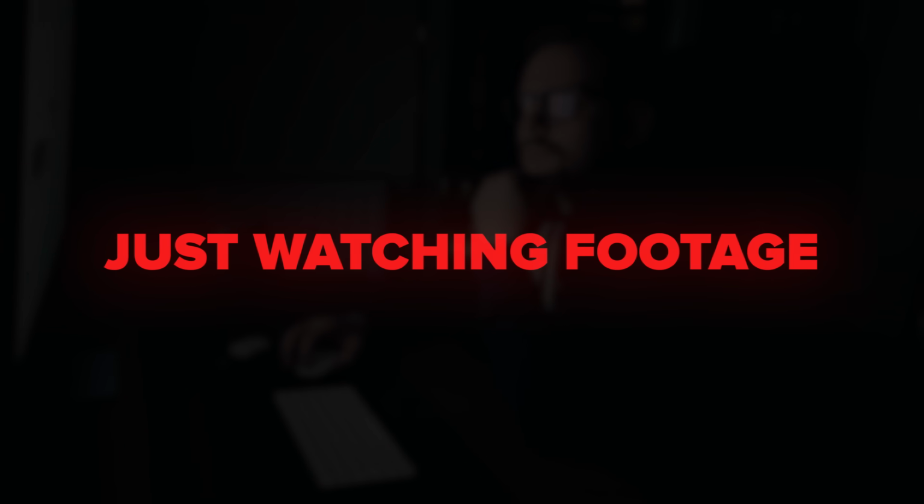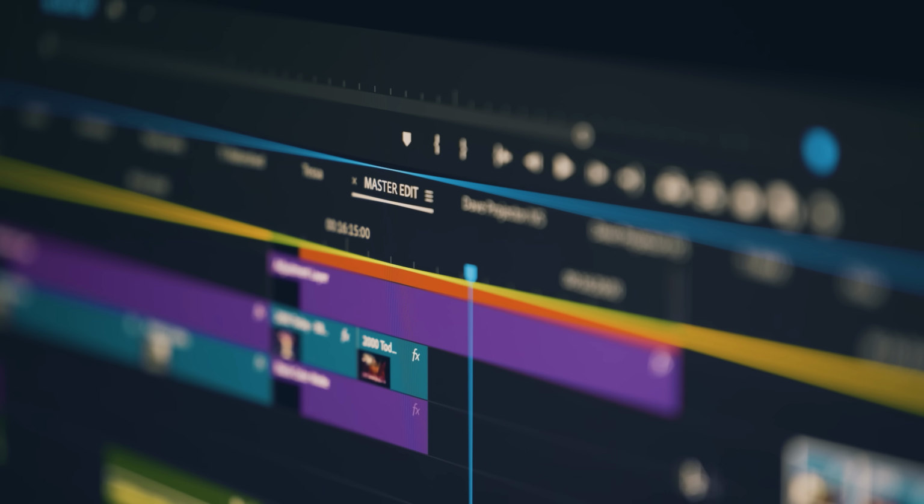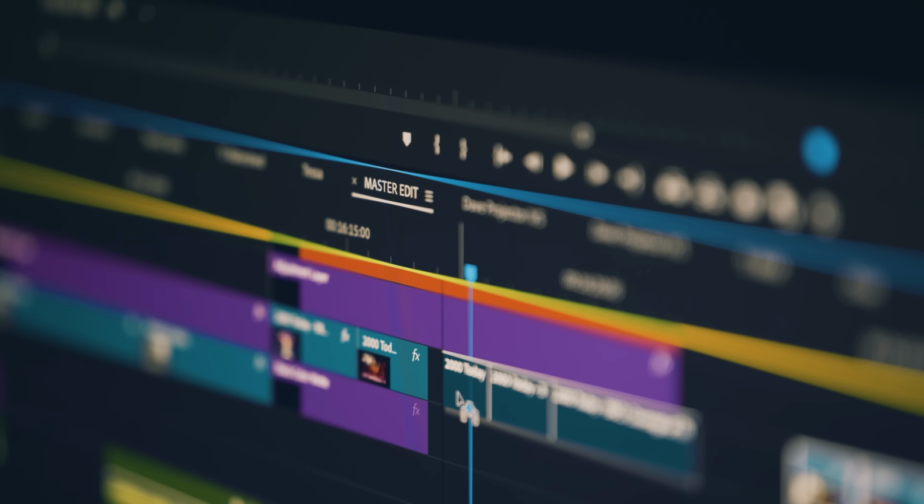Guys, you know that moment when you're editing and you realize you've spent the last 2 hours just watching footage? Not even cutting, just watching and searching for the good parts. Yeah, that's the part of editing nobody talks about. But what if I told you there's a tool that finds the good parts for you before you even touch